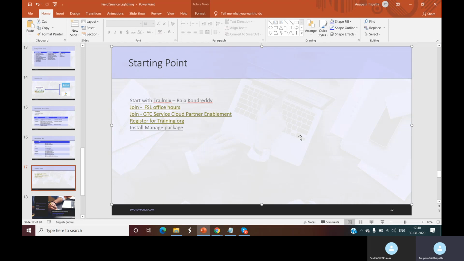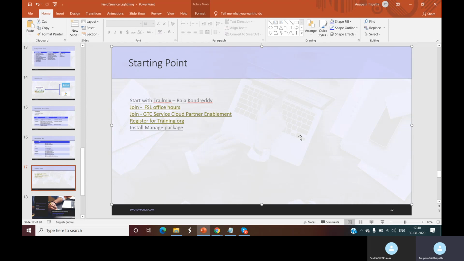What are the settings that are available, where you can navigate to see the field service settings, how the dispatcher console looks in the start, and then we'll also walk through the different prerequisites or pre-configurations that are required to